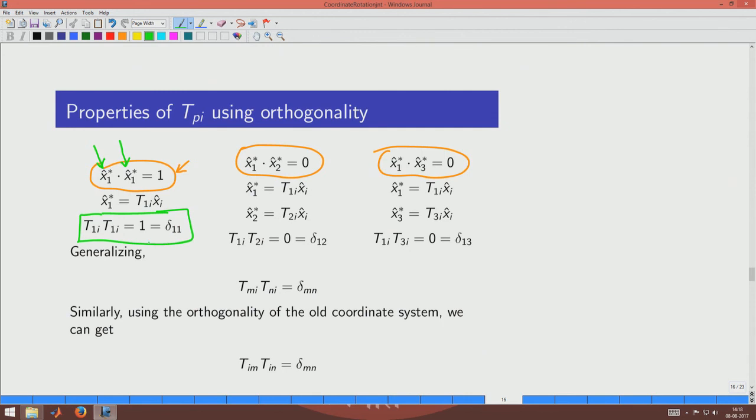unity or 0. So, using the first expression, that is, express x1 star in terms of x1, x2, x3, and then dot it with itself, then we will see that this expression, if I want to expand it, is T1i T1i, with i from 1 to 3, is equal to 1. Okay. So, this comes up because what we are doing is T11 T11 plus T12 T12 plus T13 T13. So, this expression is going to be 1 because of the orthogonality of the new coordinate system, and